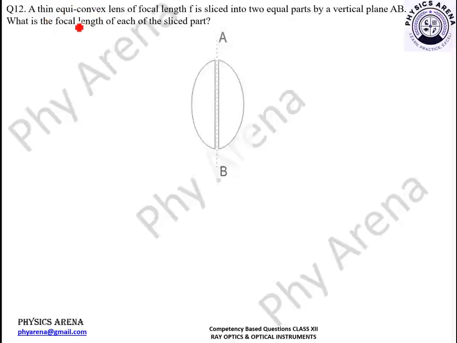Well, a thin equi-convex lens of focal length f is sliced into two equal parts by a vertical plane AB. What is the focal length of each of the sliced part? So we can use the lens maker's formula to determine this. Using lens maker's formula,